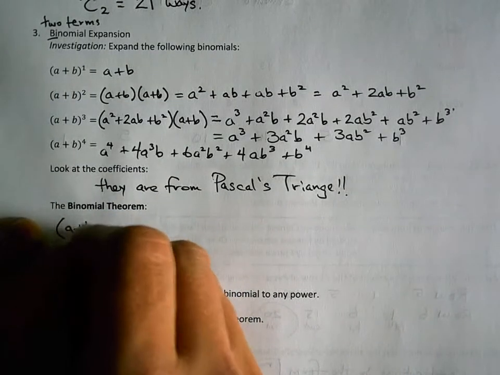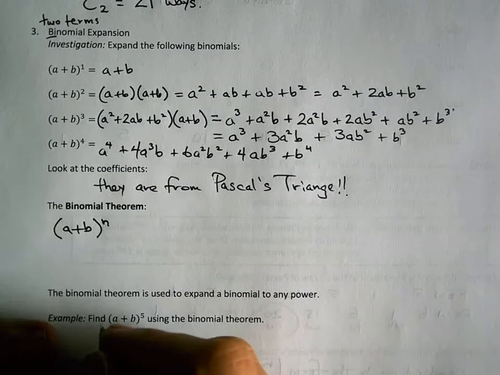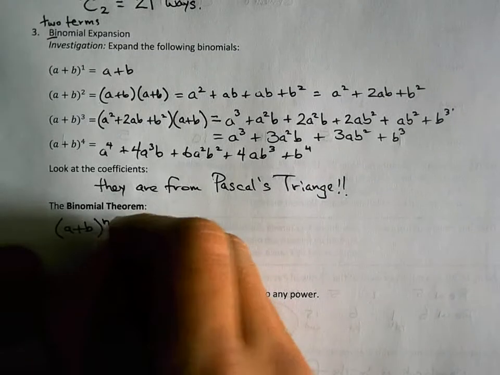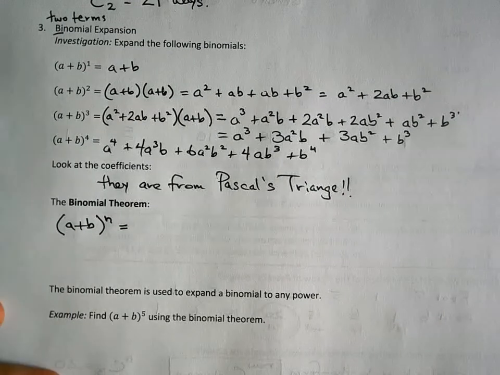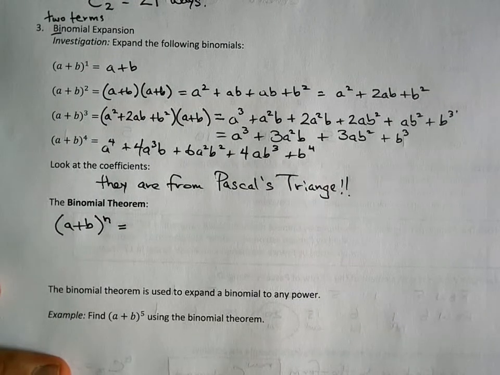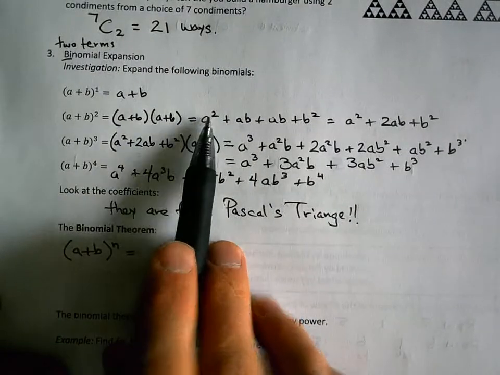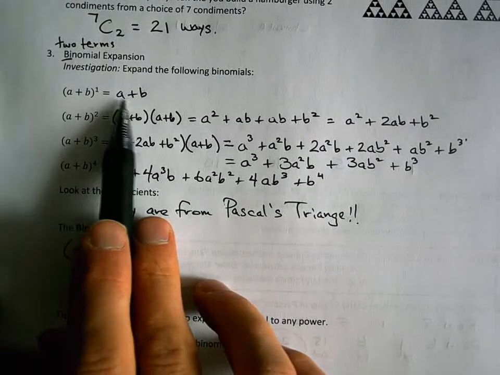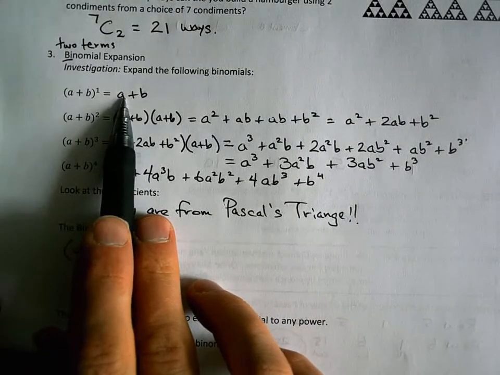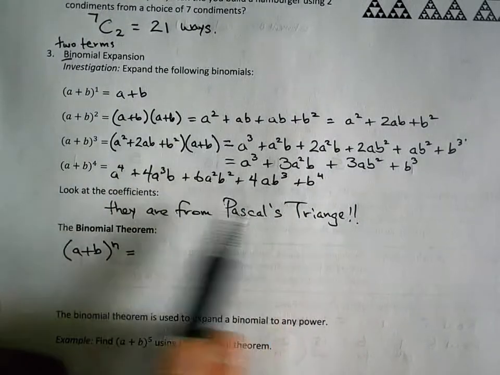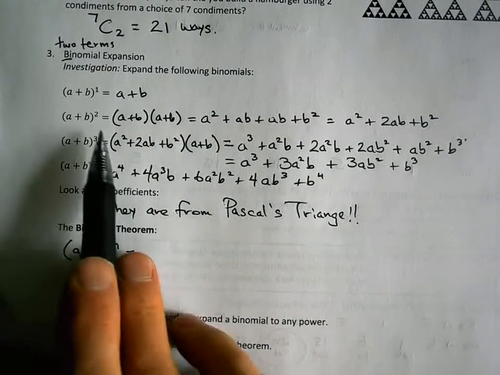(a + b) to the power of n, to the power of any value, is going to be... okay, well, actually we can kind of look and build this a little bit ourselves. So we see that the first term, if I have (a + b) to the power of 1, it's just a, here it's just a, here it's just a, here it's just a, but it's to the power of